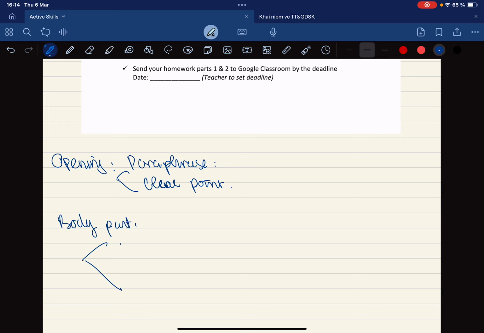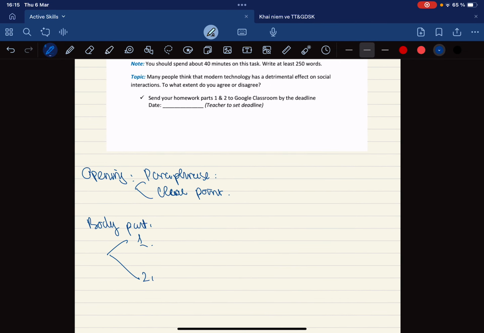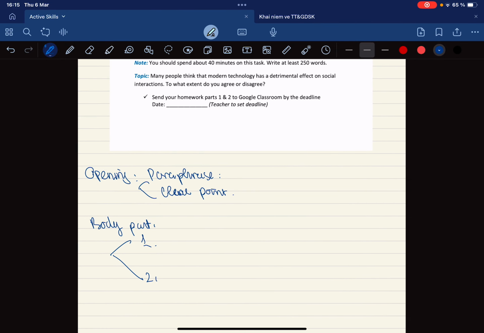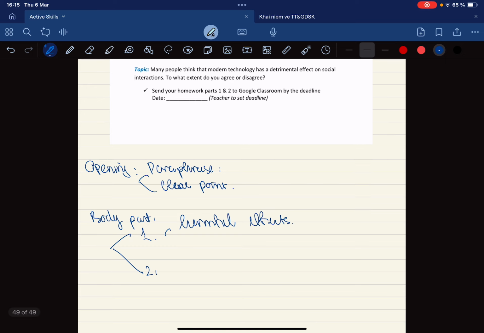The first part, I'm gonna explain some of the harmful effects of modern technology on social interactions. For example, it will make people avoid phone calls because you can message each other through social media apps, and also people will focus more on the virtual life on the social media apps, so they completely forget their social life outside. That is for example. And then on the second body part, I will talk about